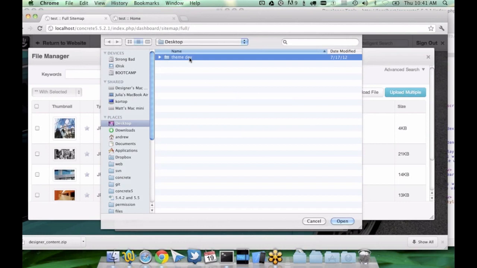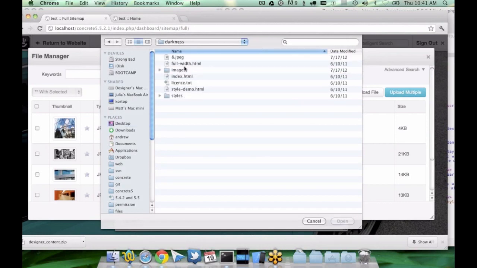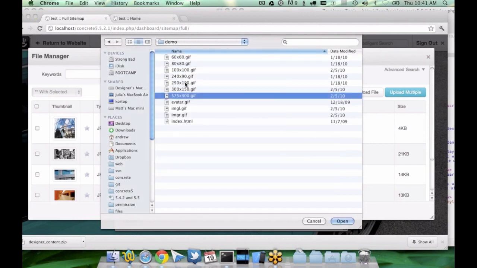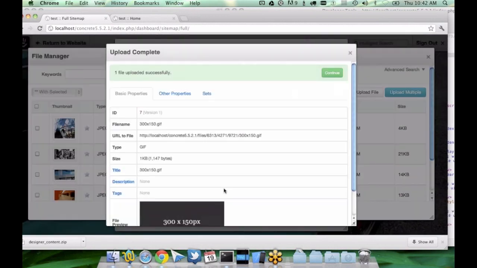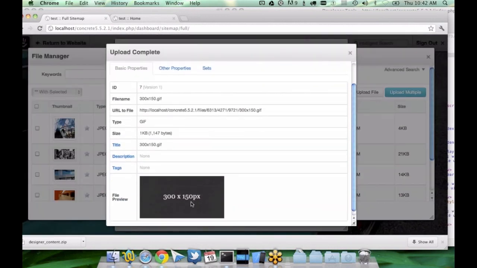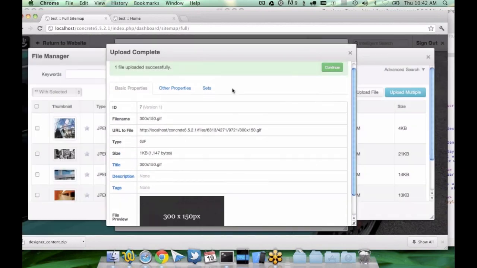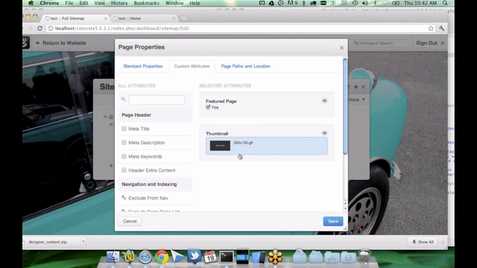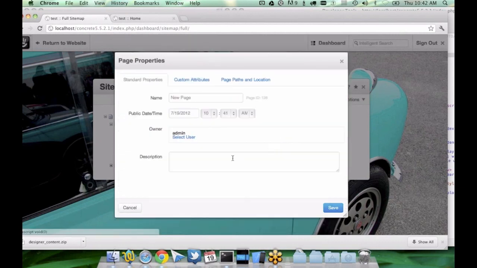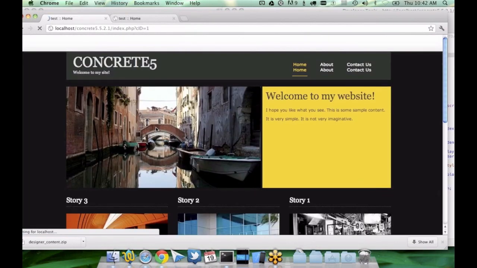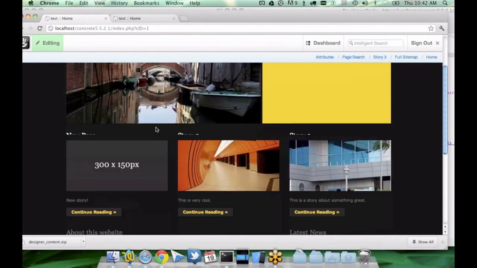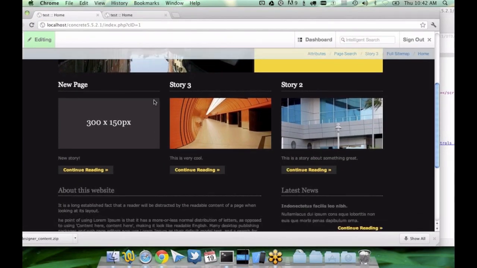Let's choose a file. Let's just upload this one, which is just a comp image, kind of. We can choose it. New story. And I save that. And I come back to the home page. Oops. Refresh that. And you can see right here,